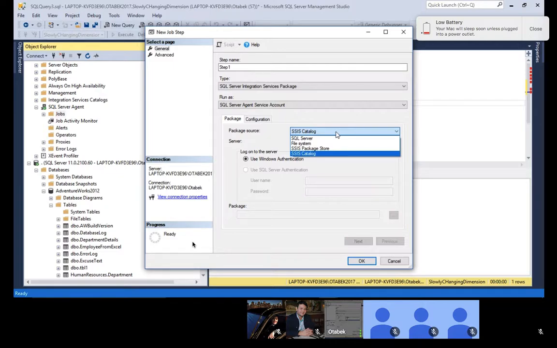So we can deploy it to SQL Server. That means it will be deployed to a system database called MSDB. You guys remember MSDB? There are four system databases: model, master, tempdb, and MSDB. So it will be deployed to MSDB first. Second one